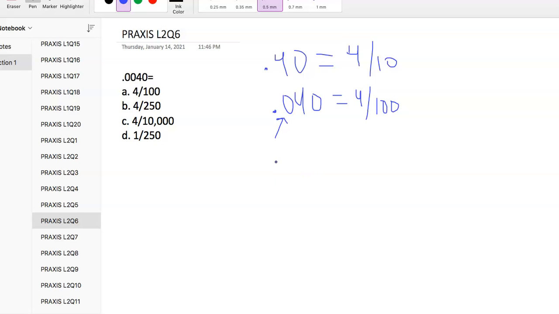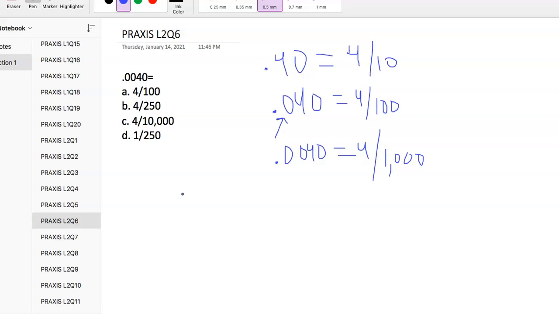Okay, if I add one more 0, which was the question, 0.004, rather than 100, it will now be 1,000. Okay, 4 out of 1,000. Okay, and then as you look, we don't see that answer, do we? Okay, right? But with 4 out of 1,000, if we divide the top and the bottom both by 4,